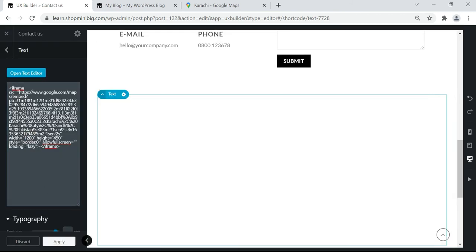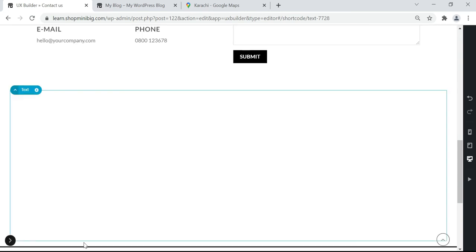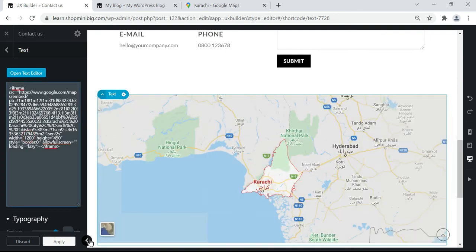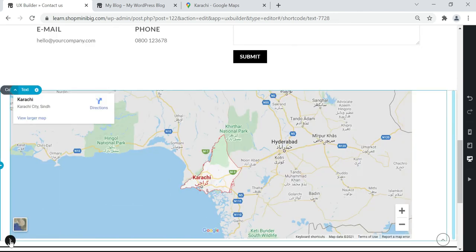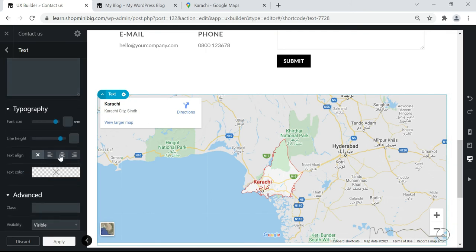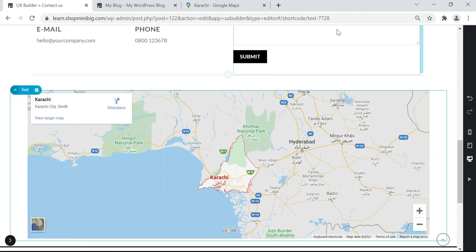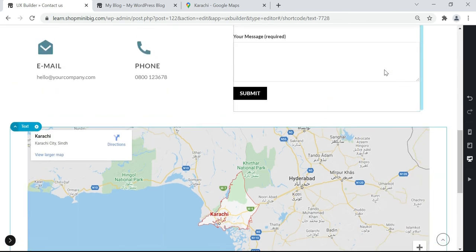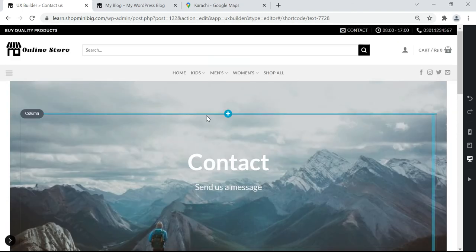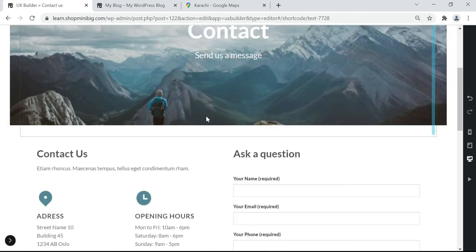It will depend on your screen size. Let's make it center. Now it's looking beautiful and correct. Now our contact us page is ready.